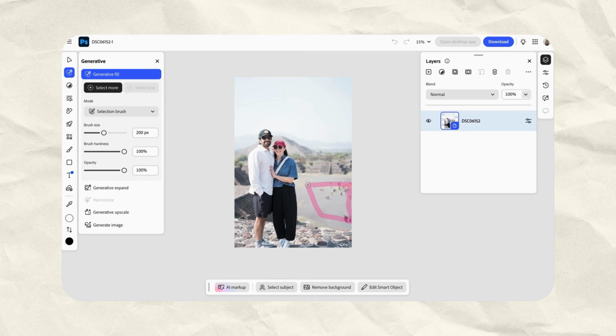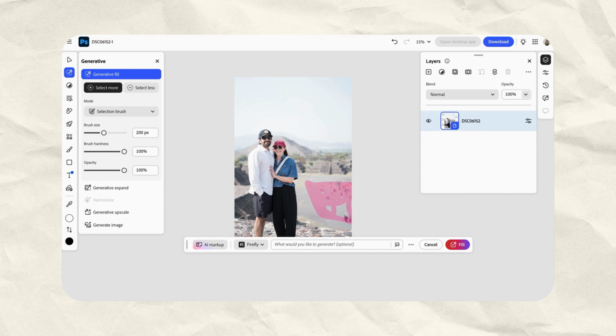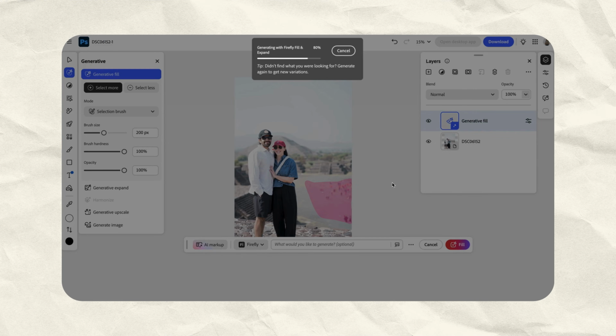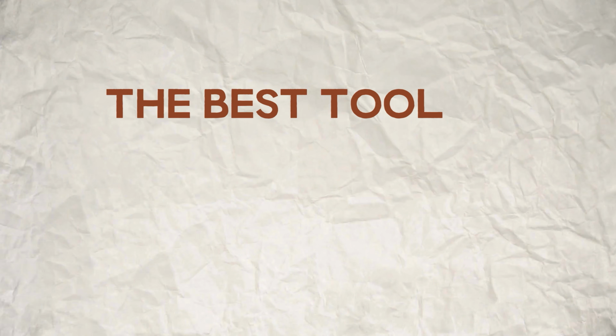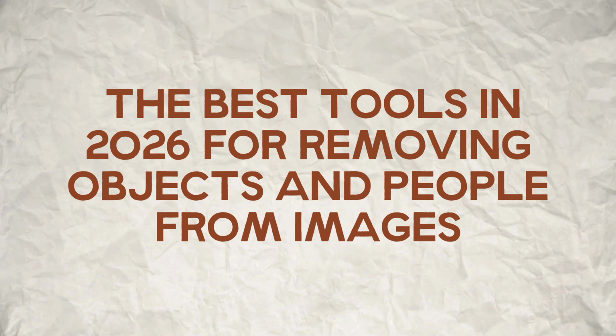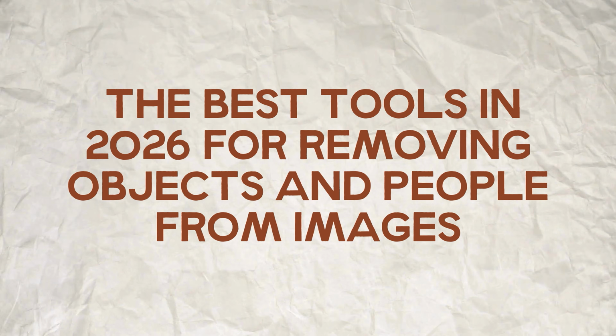Removing an object from a photo is easy, like every app does it now, but making it look like whatever object you are removing was never even there, now that is a different skill. And most people are stopping at step 1. So today we are breaking down the best tools in 2026 for removing objects and people from images, but I'm